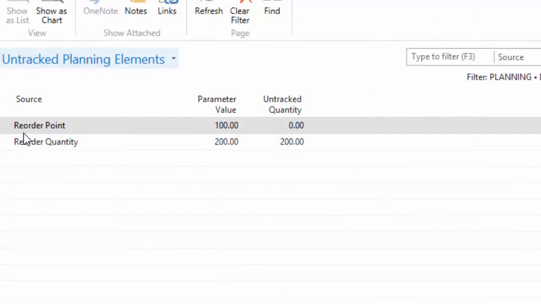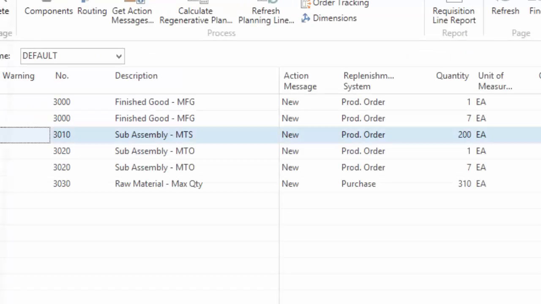So if I click this, it's going to show me I have a reorder point of 100 and a reorder quantity of 200. That means because 45 is less than 100, I need to make 200 more. If I had 90 on hand, I would make 200. If I had 1 on hand, I'd make 200. So the reorder point and the reorder quantity are coming into play here, and it's telling me I need to